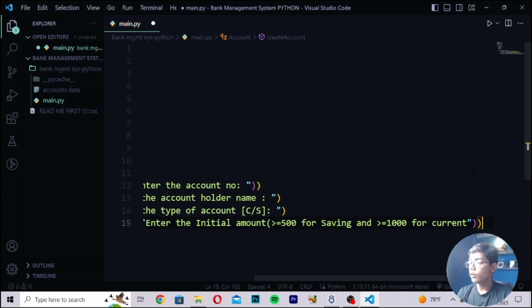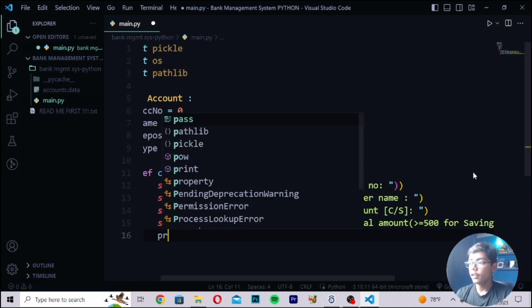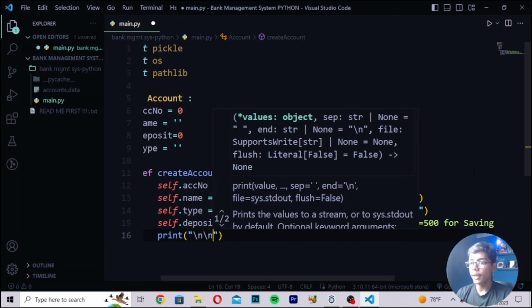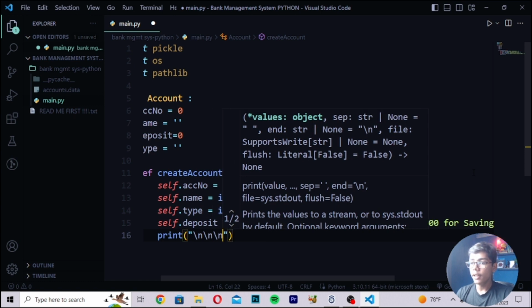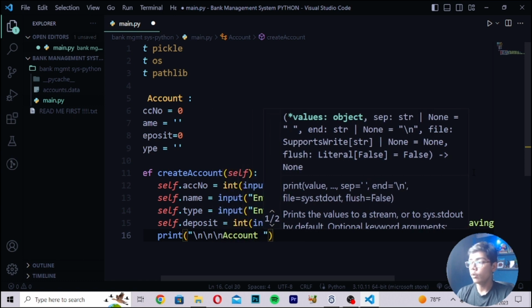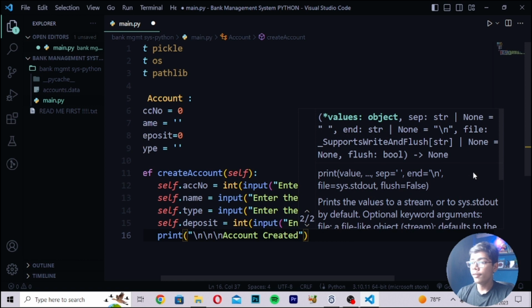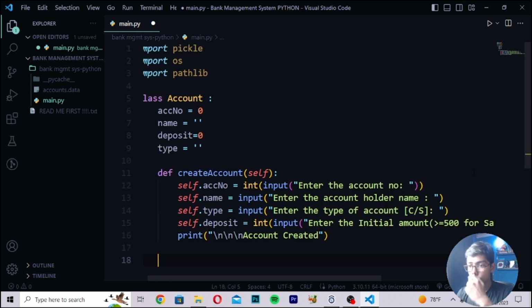After closing this, I will be moving down after this tag, and then here you can see we have just written this. I will be now writing here print \n like this, and then here you have to write account created. Then when you've written this, here I will be now writing def show account, and here you have to write self, then you have to just write here